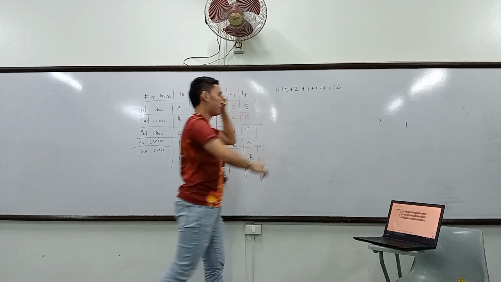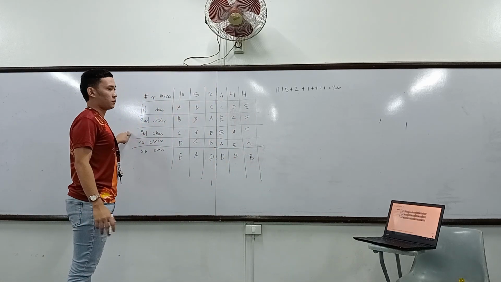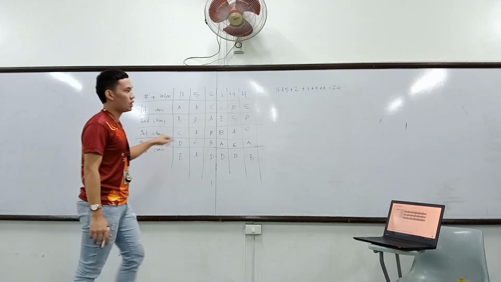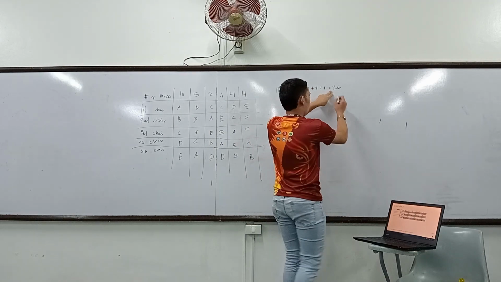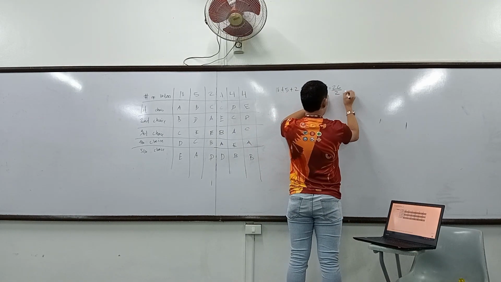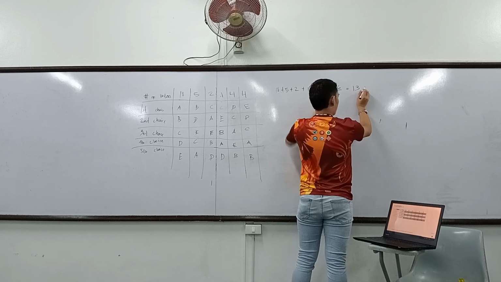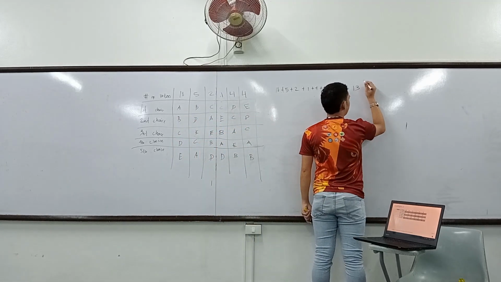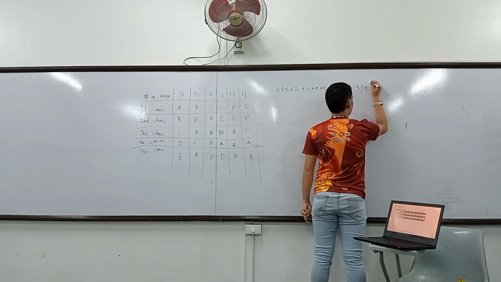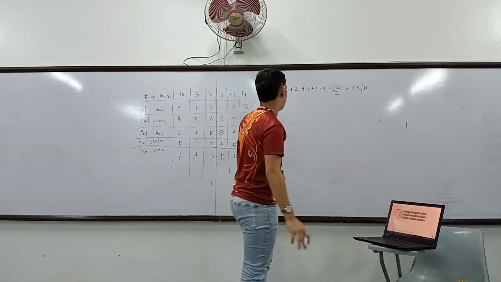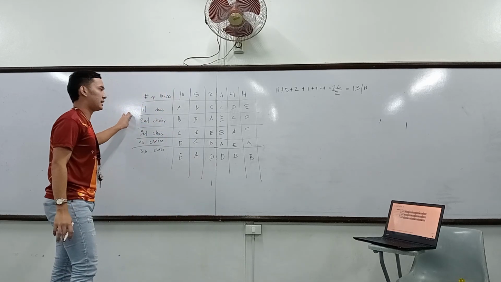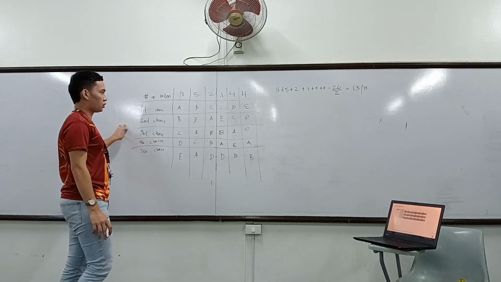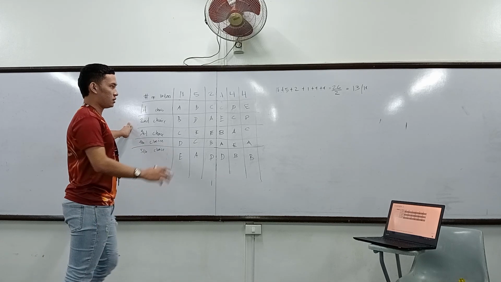There are a total of 26 voters in this election, so to get the majority of voters, you should divide the total of voters by 2. 26 divided by 2 is equal to 13. So 13 to 14 is the majority of voters in this election. So to eliminate those candidates in this plurality voting method, you should do this step.